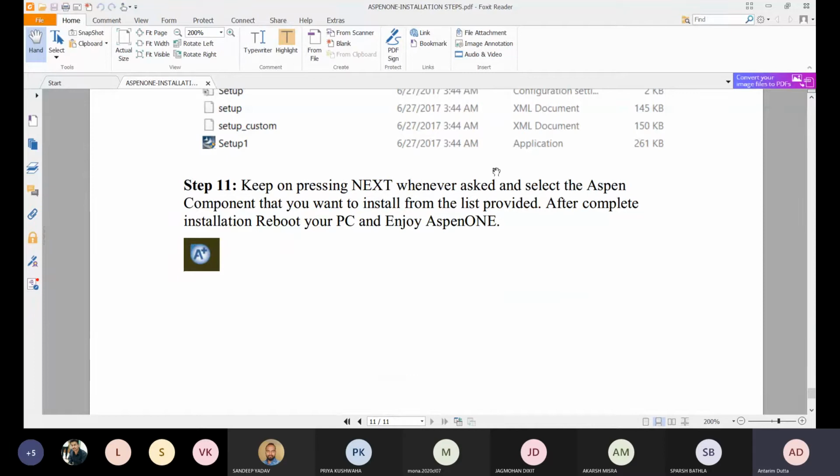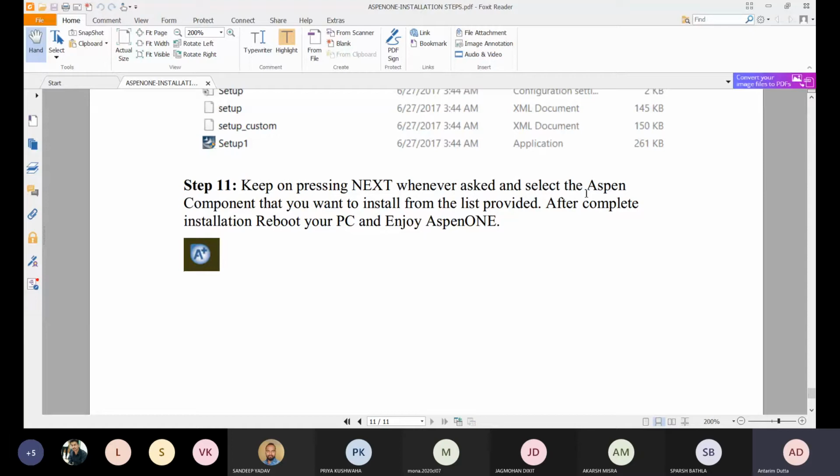Okay, and select the Aspen component. So you don't have to worry about which component you need to select, what not to select, what to deselect. It will be pre-designed over there. The system will pre-select a few of the components for you. So let them be like that only, and do not select any other, or deselect anyone.